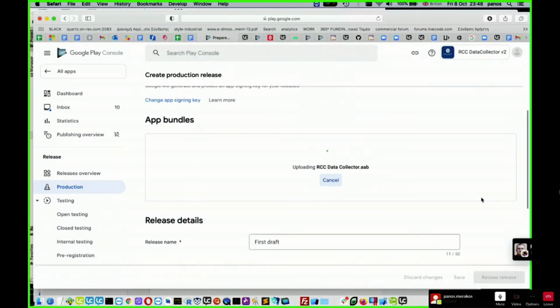Just give it a couple of minutes to upload. That's fine. I'm checking to make sure there aren't any more questions. David Angel, sorry, go ahead. Sorry, the very first time you do that, you may feel frustrated by the whole process, but subsequently, if you want to submit an update, then it's quite straightforward. So yeah, don't be discouraged by all these steps which you have to take. Once you do that once, then you will see that it's not that bad.